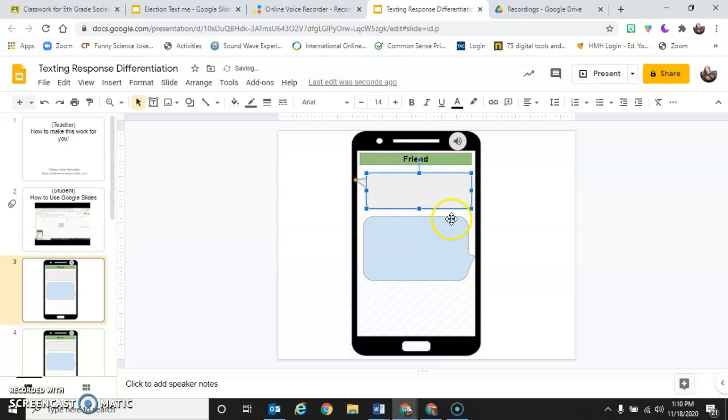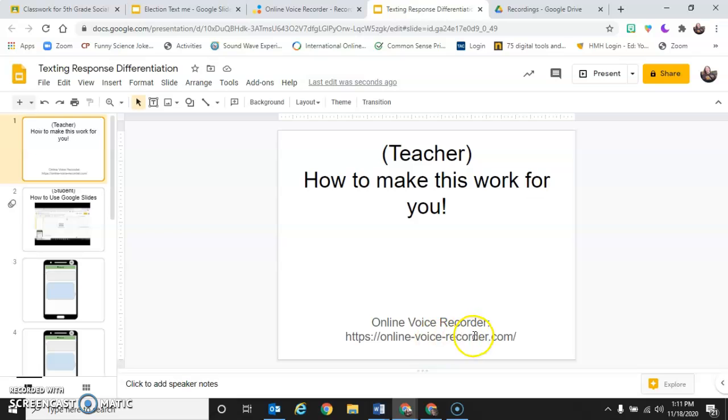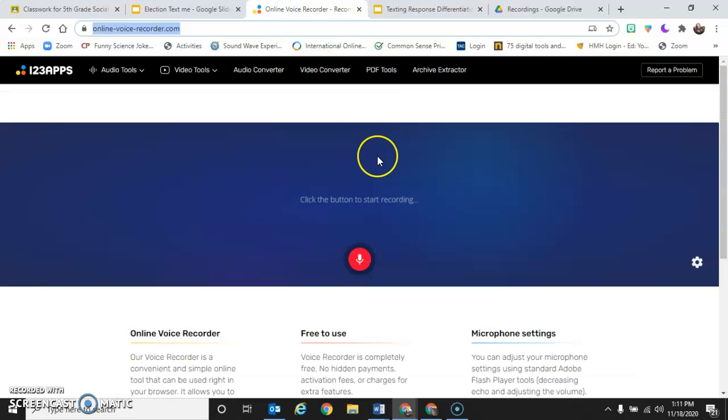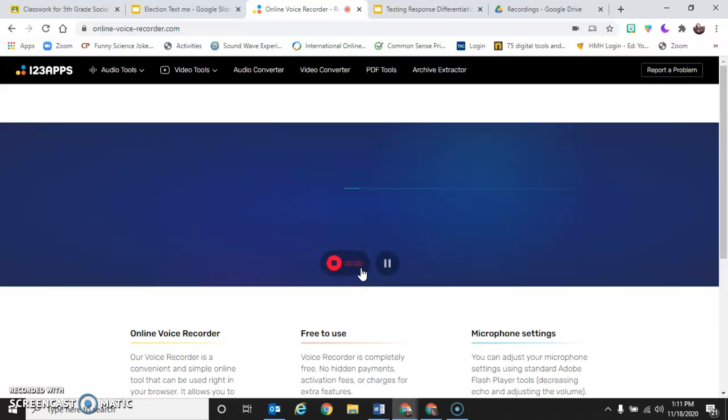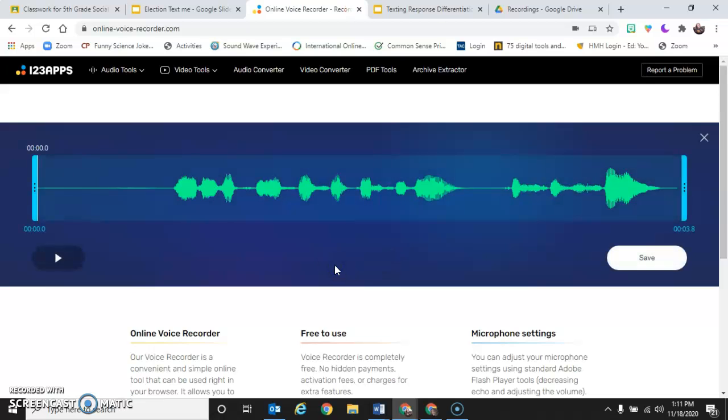So you would type out what you want to say. After I got through with that, I went to an online voice recorder, which the link is down here in the box, and the site looks like this. All you need to do is click this red button. It'll record for a second for the things that you're saying, and it will come up here. If you have blank spots at the beginning, you could always cut it down lower, or if you didn't like what you did, you could always cut it off this way as well. After you save it,